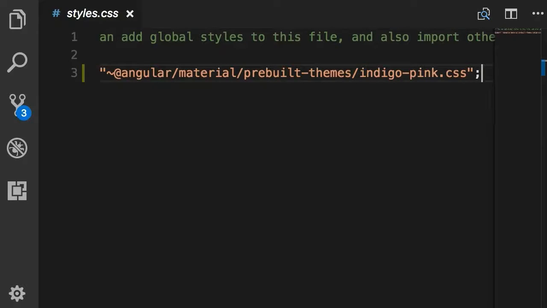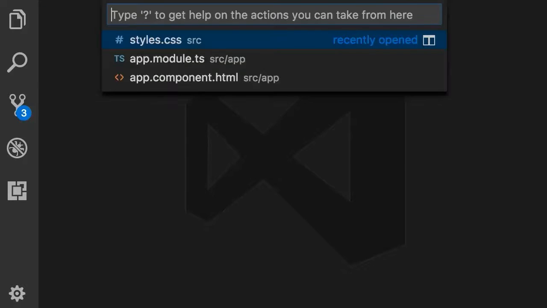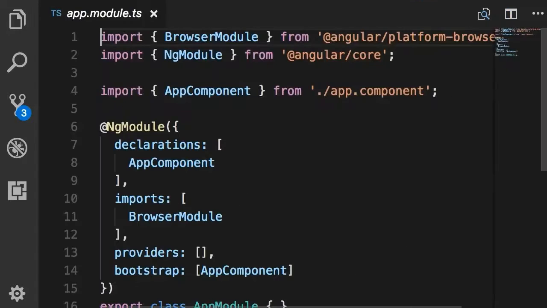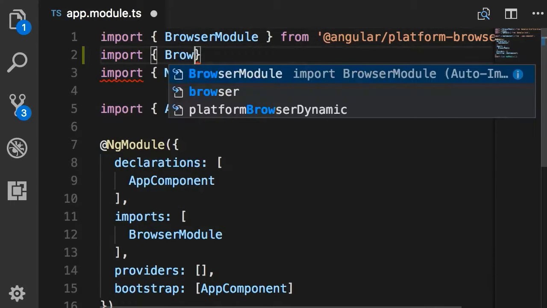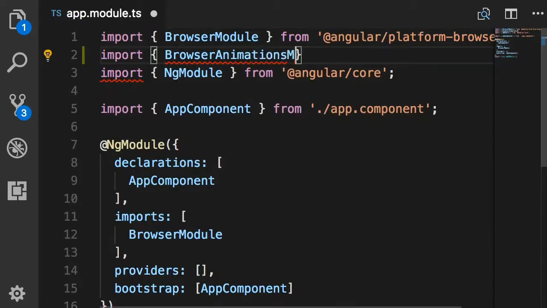And now the final step. We need to go to app.module. Here, if you want to add animation support, you need to import BrowserAnimationsModule. Otherwise, you need to import NoopAnimationsModule. So let me show you. So if you previously installed Angular animations, you need to import BrowserAnimationsModule